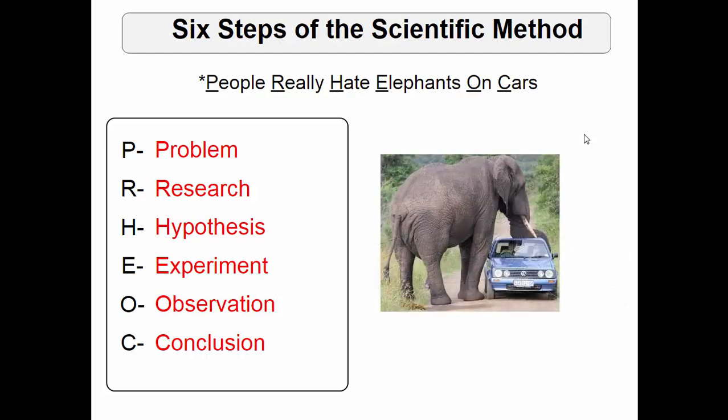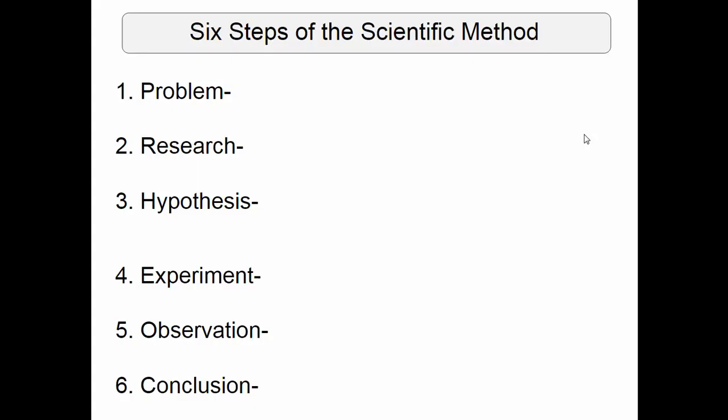Well, there's another picture for you, if you'd rather remember that one. All right. So what do we actually do in these steps of the scientific method? Well, we'll define each one and talk about them. But the problem stage is when typically we ask a question. So the problem stage, we ask a question that we're trying to answer. Like the girl in the experiment we just learned about, she was asking a question, how does the color of light affect the growth of plants? So the problem is the question you're asking.